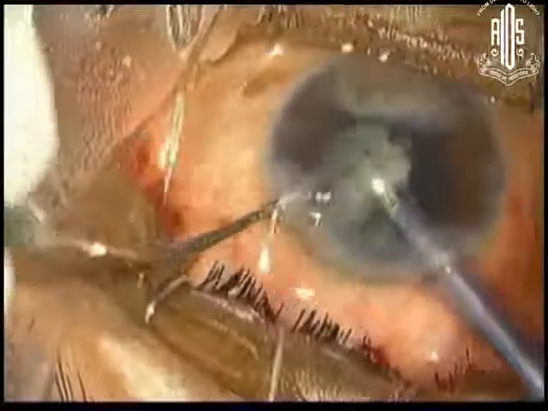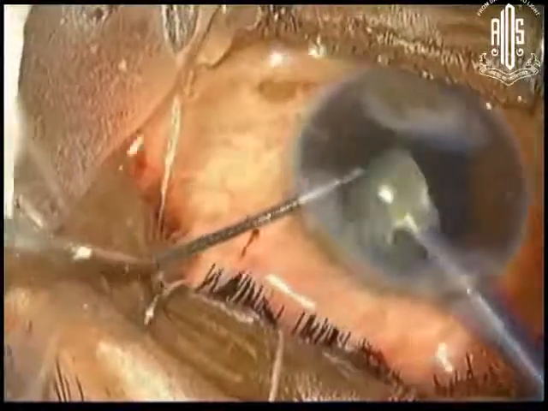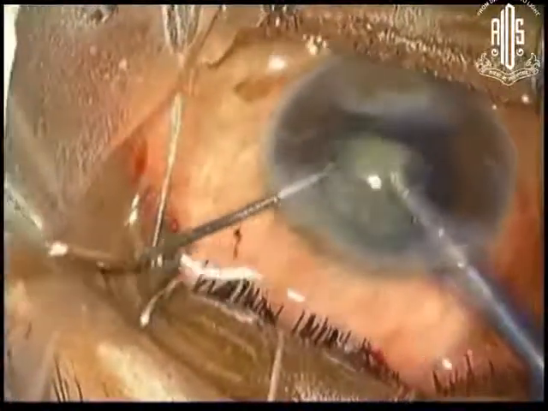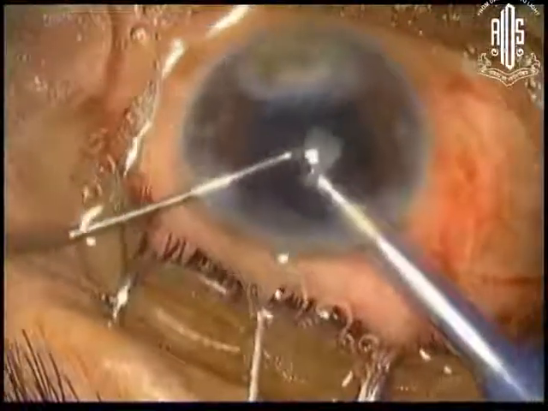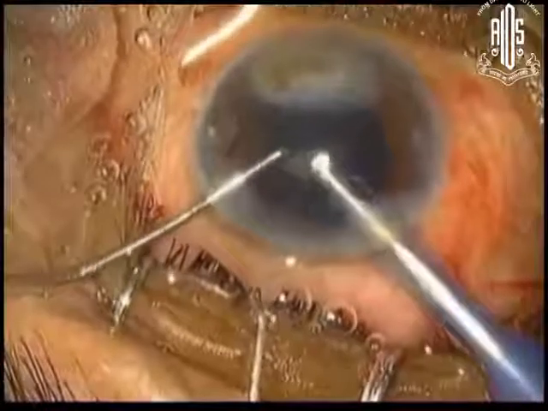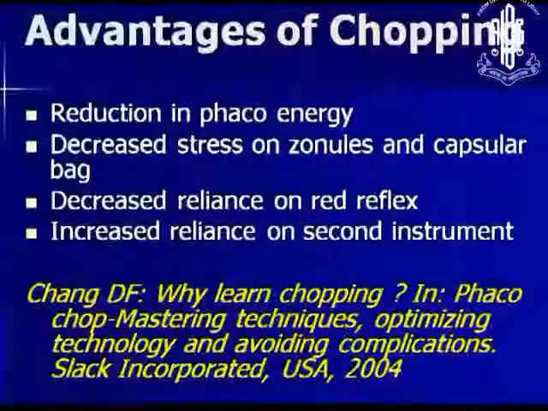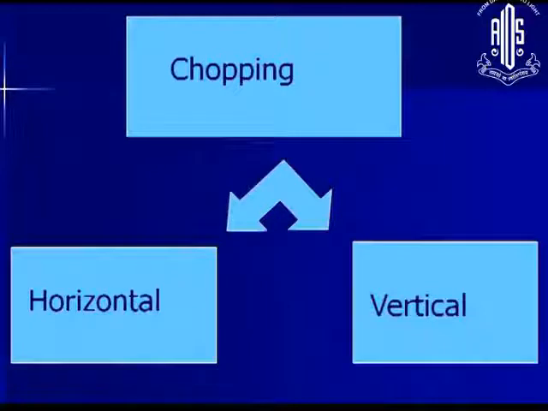For the initial phaco, the power is going to be, suppose the nucleus is about grade 3, you use about 60% power. Again, it will depend on what kind of machine you are using, and the flow rate would be around 20-30 cc. And now after you learn the stop and chop technique, you graduate to direct chop techniques, because you use less power and there is decreased stress on the zonules, and of course it is a faster procedure.